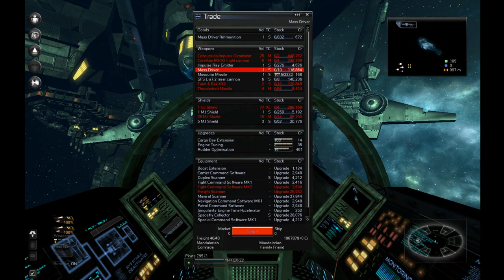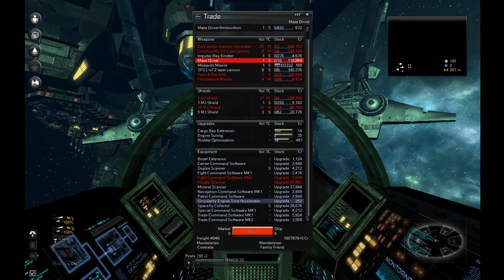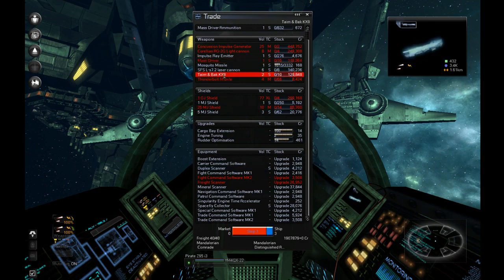Now, when I was talking about relations, I've mentioned it many times so far, but this is why it's important, because right now I'm a Mandalorian comrade. That's my status. I've worked up to that status. But for instance, to be able to buy those KX9s that I can load out on my weapon ships,